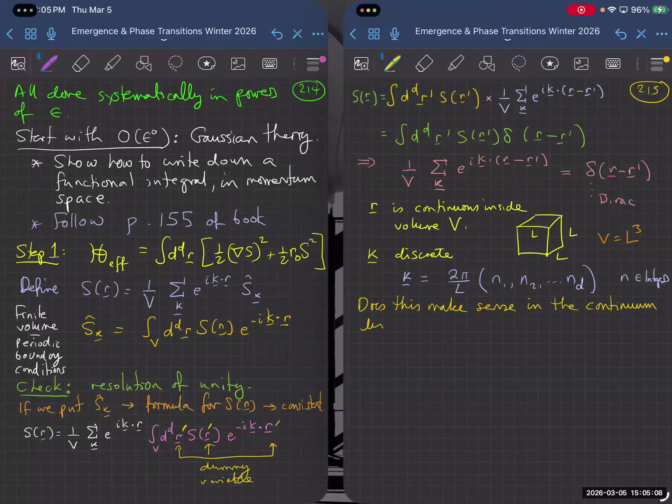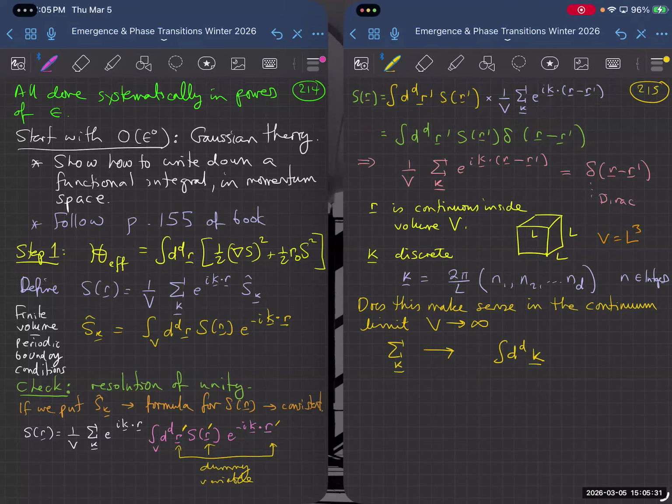What I mean is that I take V goes to infinity to get the thermodynamic limit, and then my sums over states become integrals over k's. So in that limit, the sum over k is going to be replaced by an integral over k,